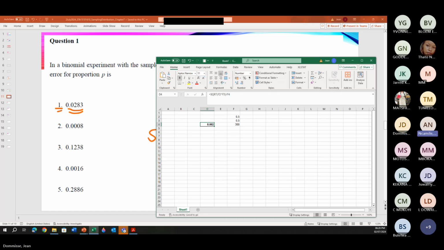Hi John, I'm using a Casio calculator. So I pressed the square root, I think that's the second row. From there, I pressed the first button on the left, and then I typed in the 0.5, and then open the bracket, 1 minus 0.5, close the bracket, and then divide by 300. So everything is under that square root. Then it gives me the number 5. Okay,